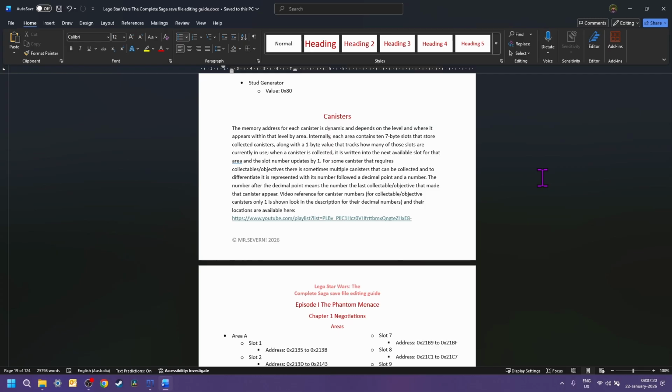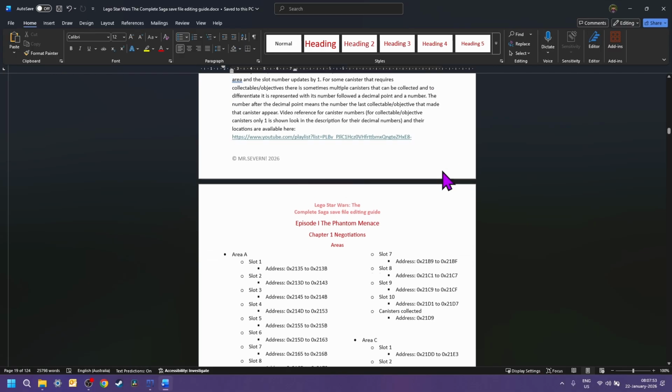The number after the decimal point means the last collectible or objective that made that canister appear. Video references for the canister numbers for collectible or objective canisters only show one. Look in the description for the decimal numbers, or just look at the objective number, and their locations are available in this playlist of my canister video run-through.